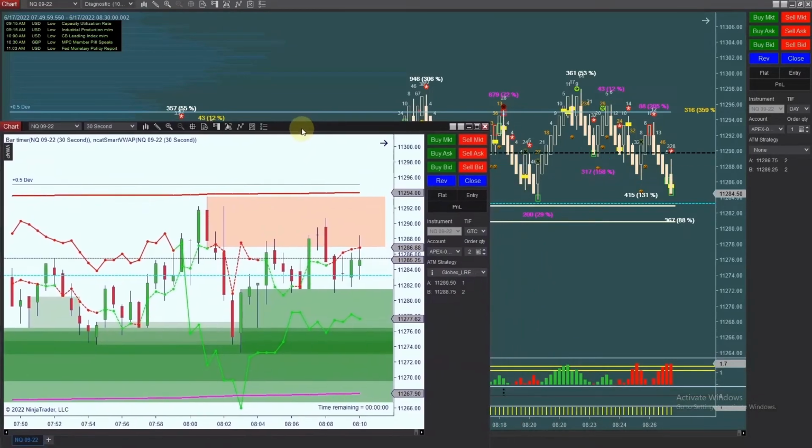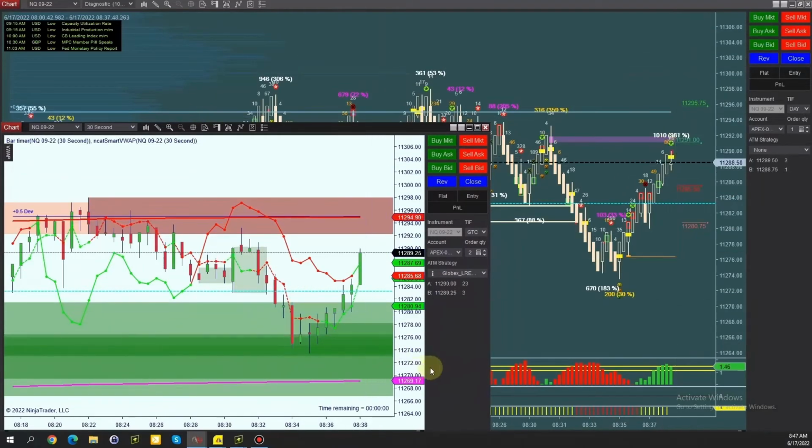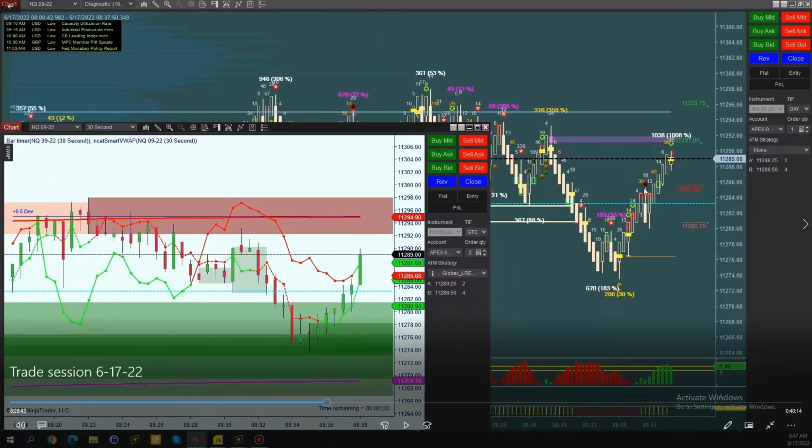So we're back at the simplicity chart. Got to bring it back to, so look, and as you can see, it gave us just enough to get that 5-point scalp. Basically a coil chop got us the 5 points and it shot back up into that range. See, that's why I really didn't like this. This told me there's a chance, a very high chance, this could come back up here and head back up into the range. And that's exactly what it did.